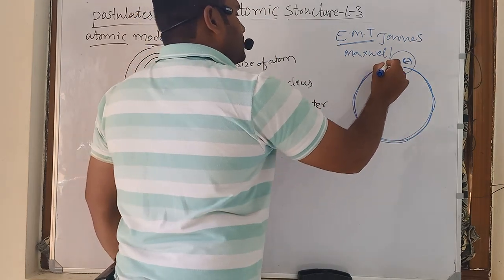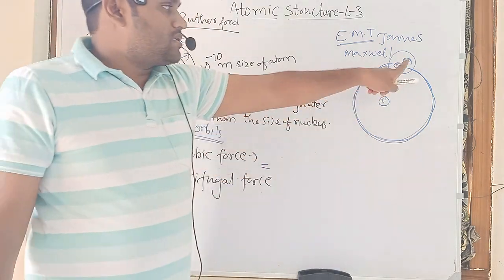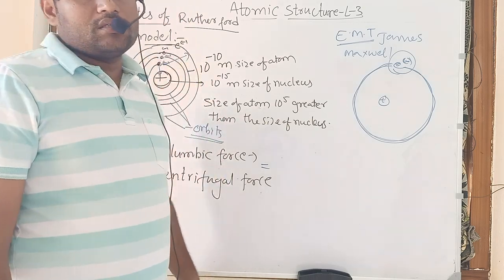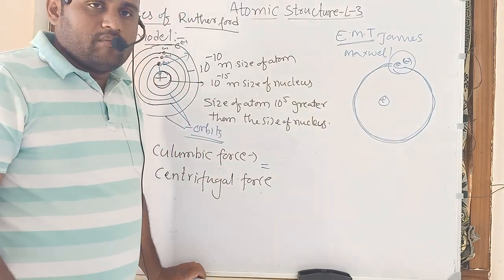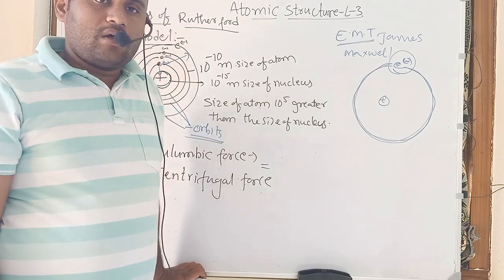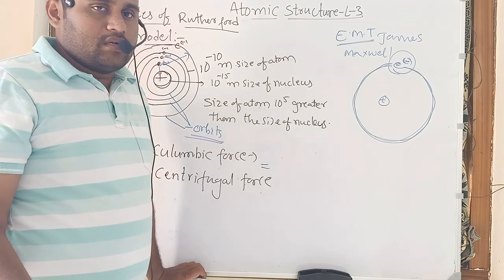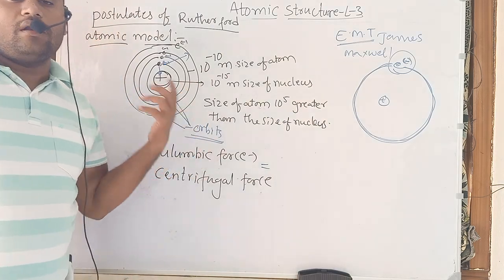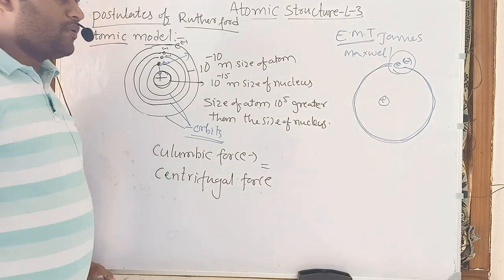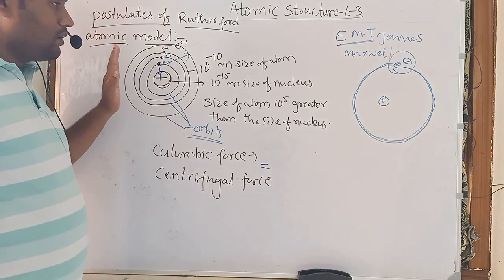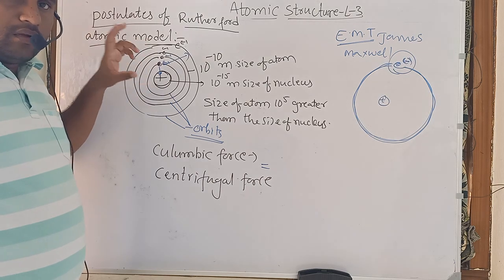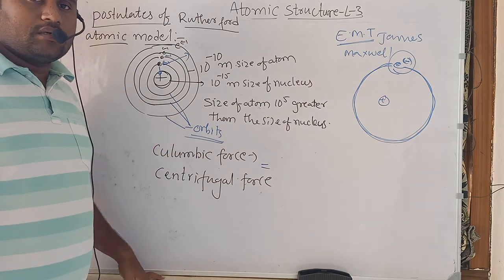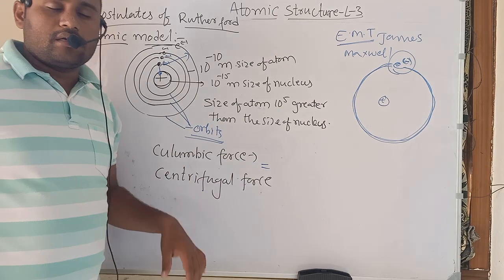So we already know the electron has negative charge and the proton has positive charge. Here we can get one doubt, sir. The planets are also revolving around the sun. Why are the planets not falling into the sun? Because they follow Kepler's laws, and there are centripetal and centrifugal forces present on those revolving planets, and moreover the planets are